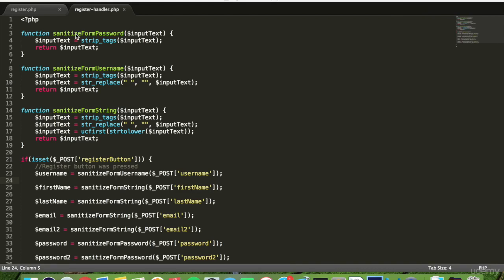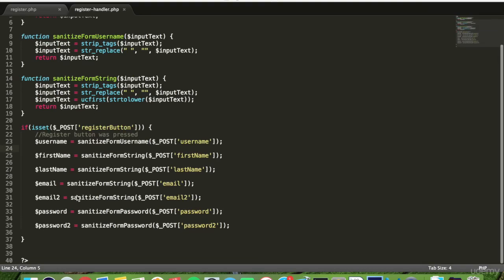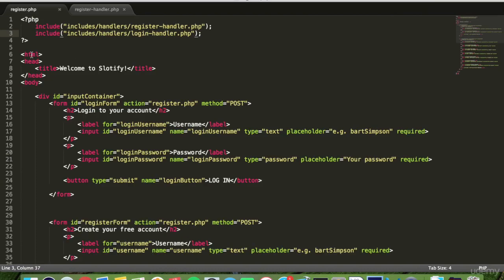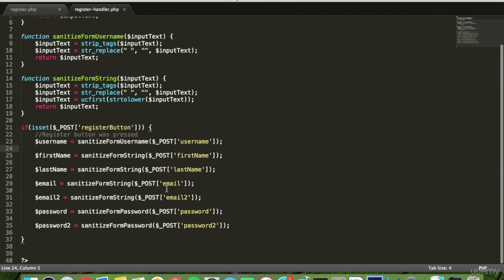Hey guys, welcome back. So last time we separated our register handler code from our register.php page, and the same for login handler. Just makes things a little bit easier to work with and a little bit neater. Now that we've done that, we can actually continue with our register button handler and prepare to insert the